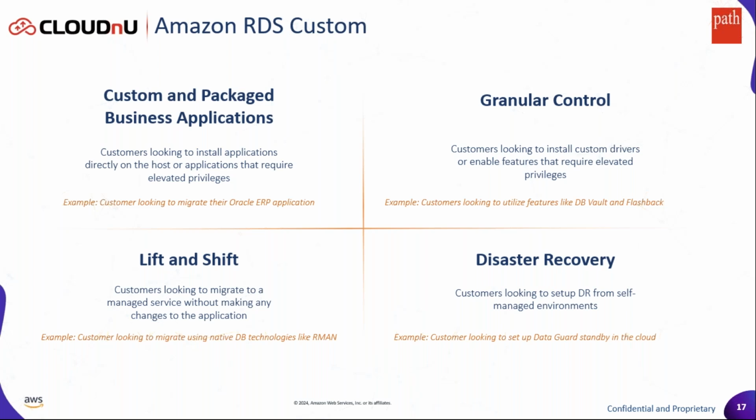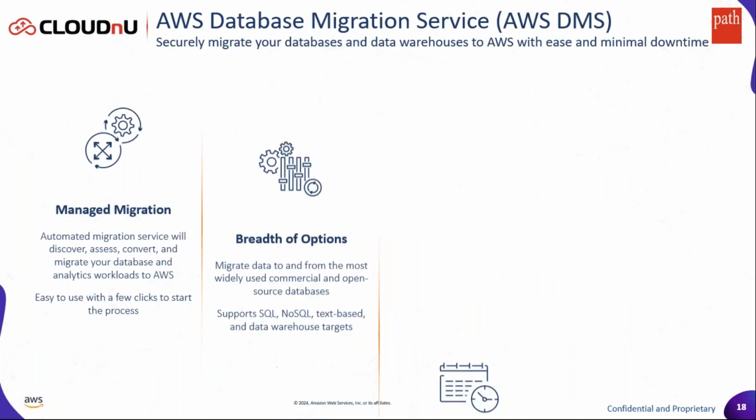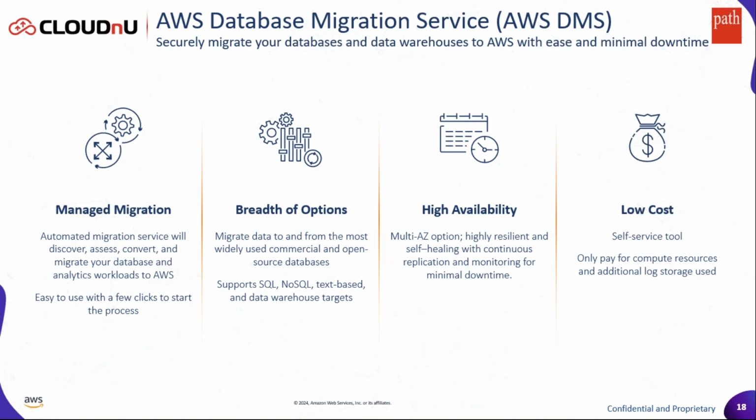And how do you move your data to the cloud, right? Whether you're in the cloud or whether you're running on premises, how do you get your data to these services like RDS or Aurora or RDS Custom? Again, in that space, we have a fully managed database migration service called DMS. DMS takes care of moving data from point A to point B, and it is fully managed, which means you can have your instances set up to manage from your on-premises to cloud, from cloud to another account. You could have all sorts of combinations.